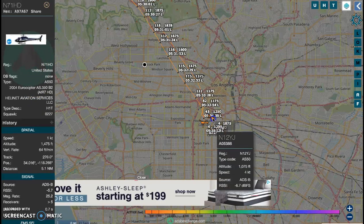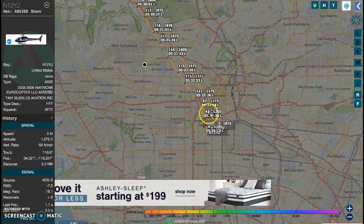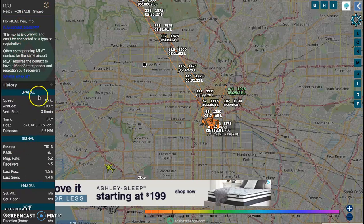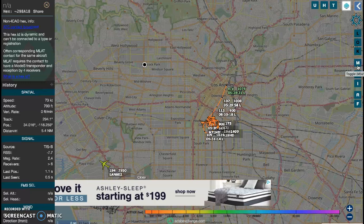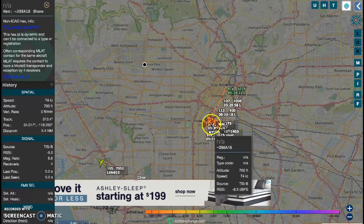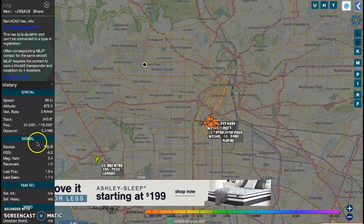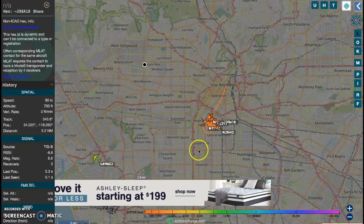Tiny Bubbles. That's the one I'm interested in right there. This one says it has no do not buy flags on it, but Tiny Bubbles Aviation, because we hear about that in rap songs all the time. And then this one is, I don't know what this one is. It's nothing, right? It doesn't have anything attached to it. Let's see. I guess the Tiny Bubbles one is people asking for champagne, and in the rap songs they're asking for something else. They're asking for an attachment to one of these military